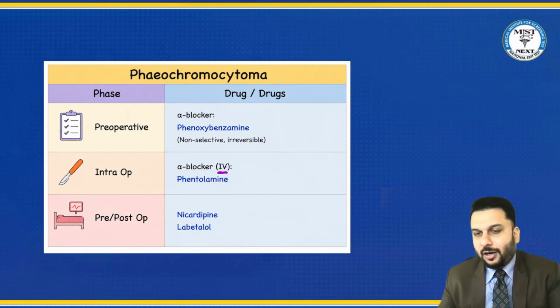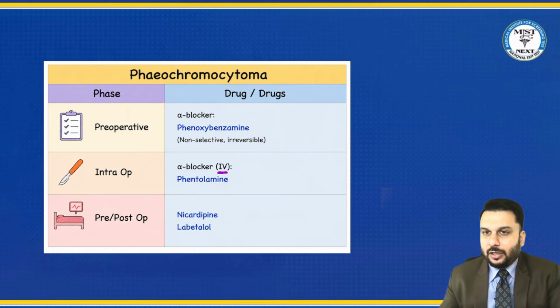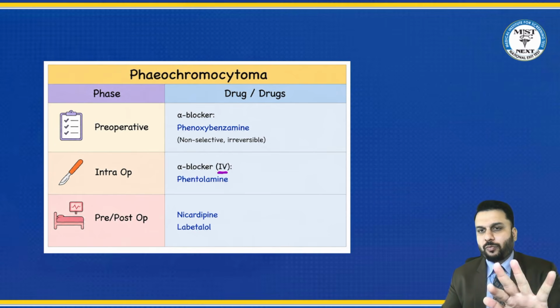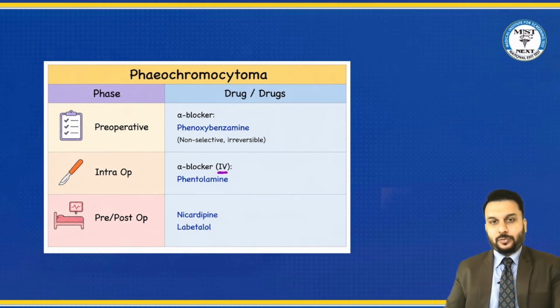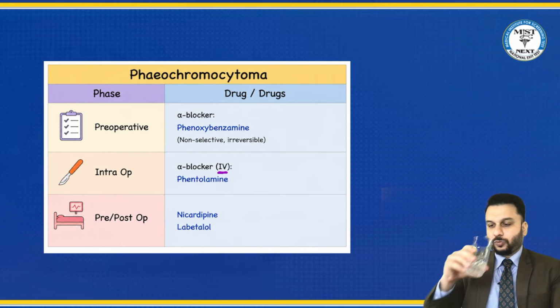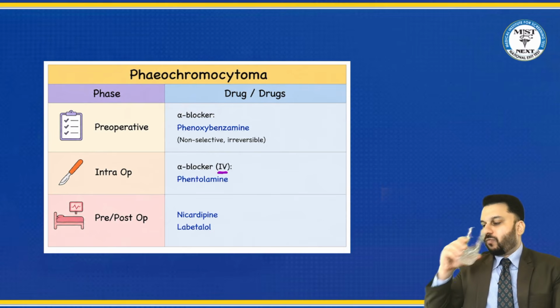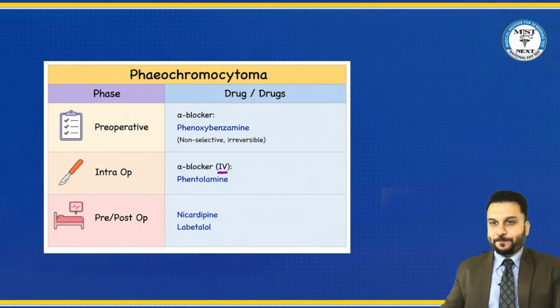And pre or post-op, both times you can use these drugs. They are drugs like nicardipine or labetalol. You all know nicardipine and labetalol, anyway, they are used these days in hypertensive emergencies. Whenever your BP shoots very high, we can use nicardipine, labetalol. So pre or post, anytime you can use these drugs. Okay, drugs like nicardipine or labetalol. Next,